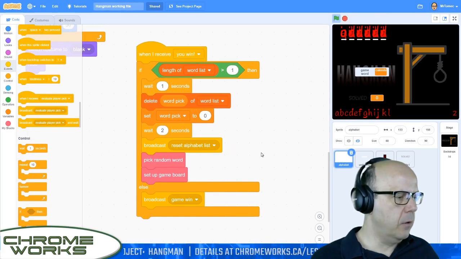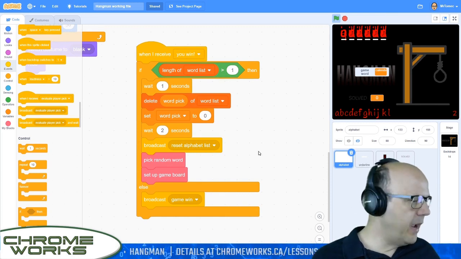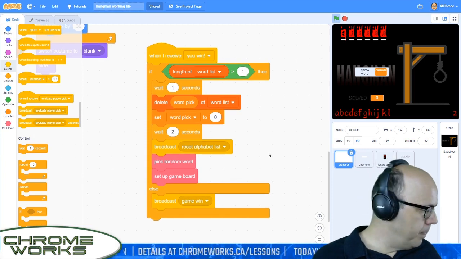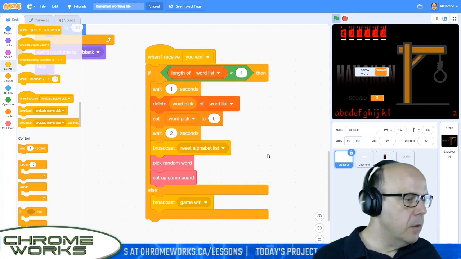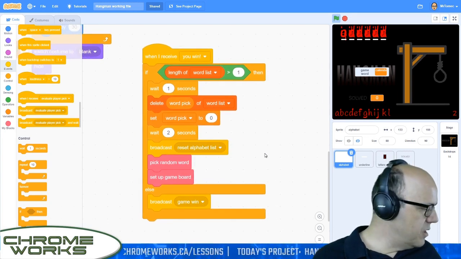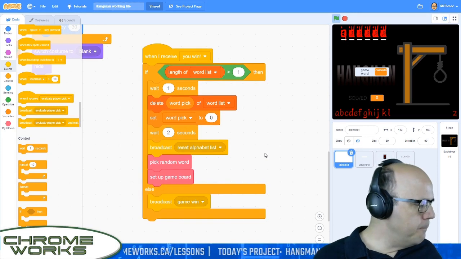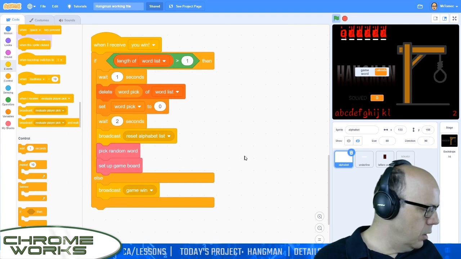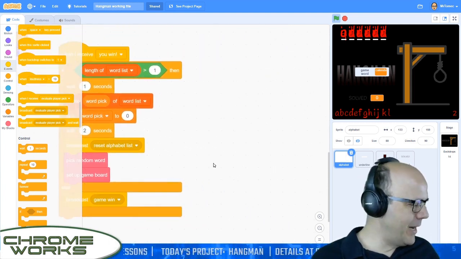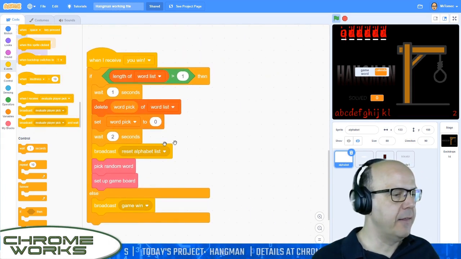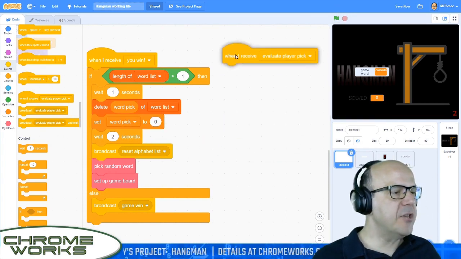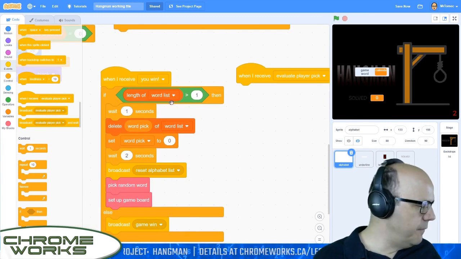That is weird. Let me just have another look and make sure. Did I change that variable back to 0 again when I receive that word pick to 0? Broadcast reset list. So I'm probably missing something. Oh, okay. There's one little block of code that I actually forgot, guys, and that's what's causing that little error there. So let's go. When I receive, we actually need 2 things to happen when I receive you win,